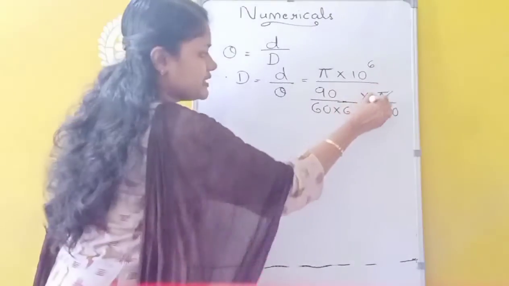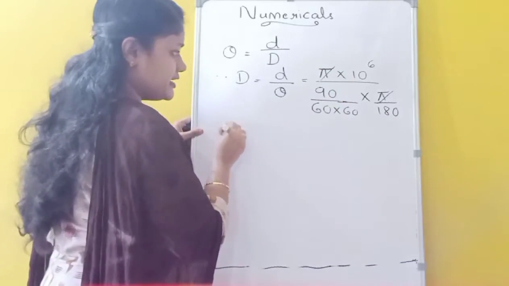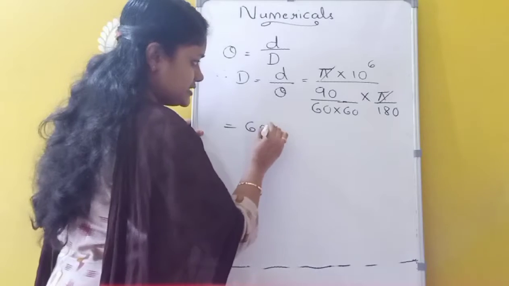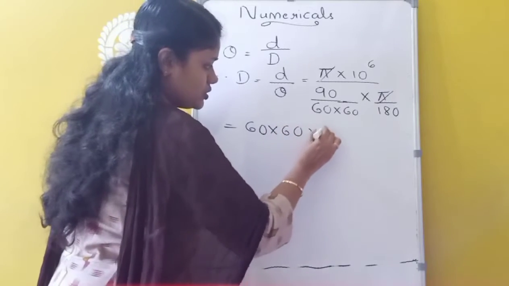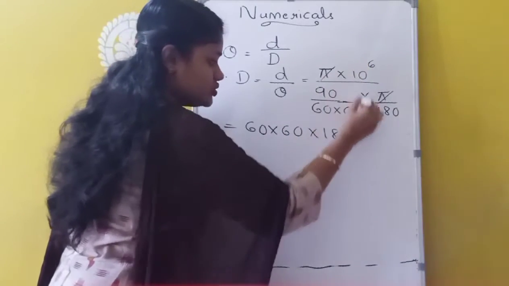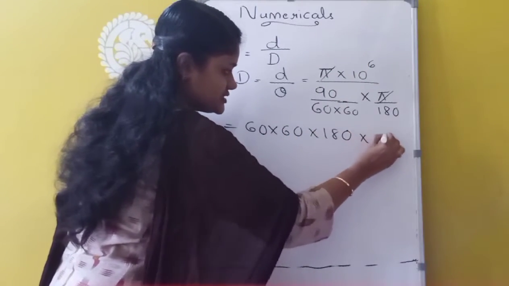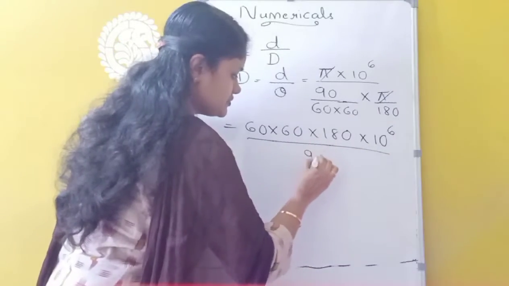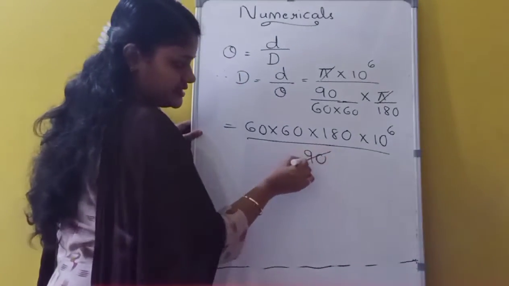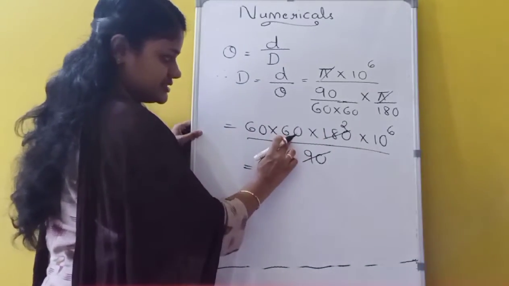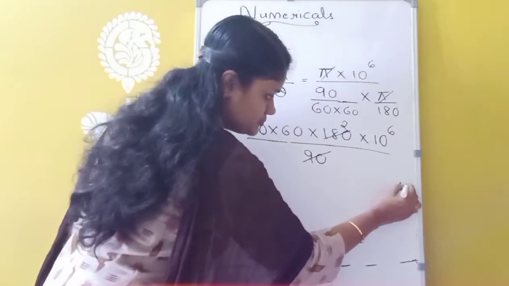So this pi and pi will cancel. The remaining terms will go in the numerator. So 60 into 180. So all these terms come in the numerator, into, already we have 10 raised to 6 here, divided by 90. Okay, so I am cancelling this 90 and 180 2 times. So remaining 6 into 6 is 36. So 36 into 2,